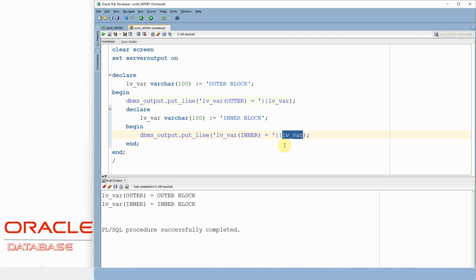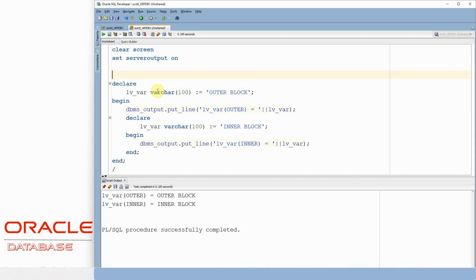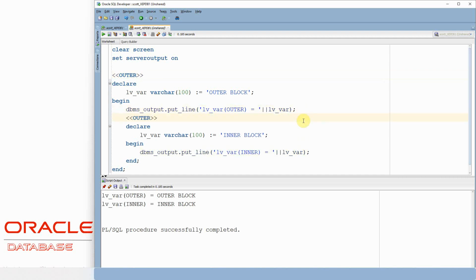Now let's see how to give a name for the block. So here is the syntax to give a name for the block. You just need to specify it like this and give a block name. Let's say this is outer. So this is the name for the outer block. Very similar to this, I'm going to give a name for the inner block. So now the inner block will be referred to as inner. Better not to use a reserved keyword, use some other name.